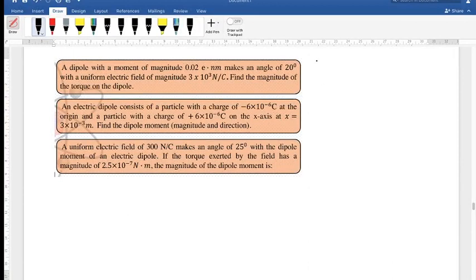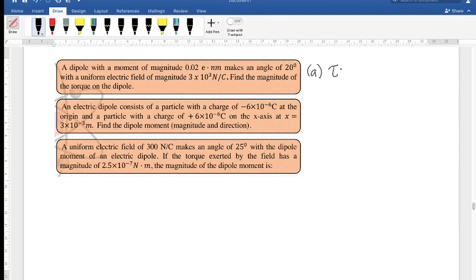Sample problem number 1 about electric dipoles. A dipole with a moment of magnitude 0.02 e nanometer makes an angle of 20 degrees with a uniform electric field of magnitude 3 times 10 to the 3 Newton per coulomb. Find the magnitude of the torque on the dipole. So this is a very straightforward